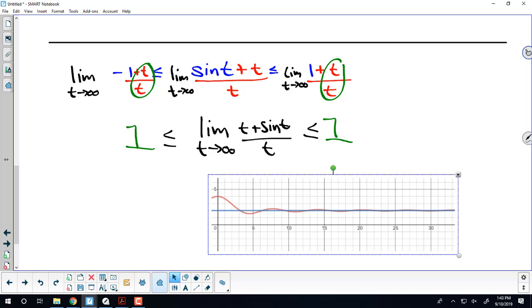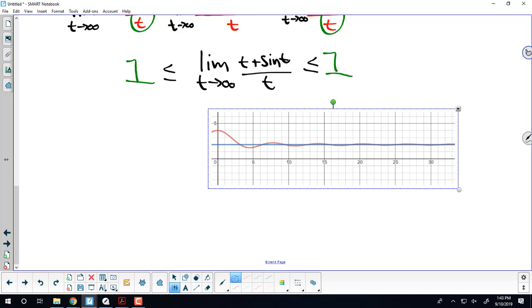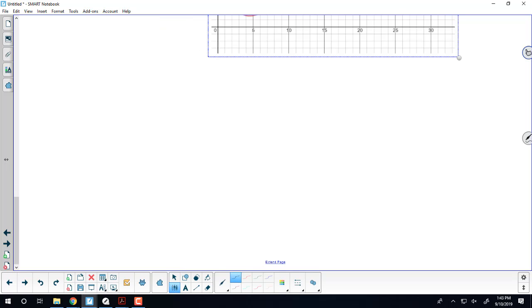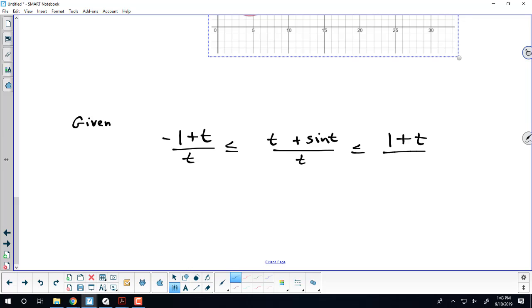If this problem showed up on the exam, I would say something to the effect of, given minus 1 plus t over t is less than or equal to t plus sine t over t less than or equal to 1 plus t over t, I would just straight up give you that, and I would say if you know that's true for all t,